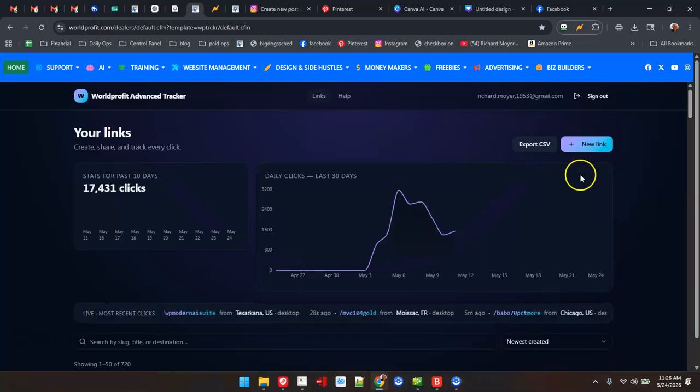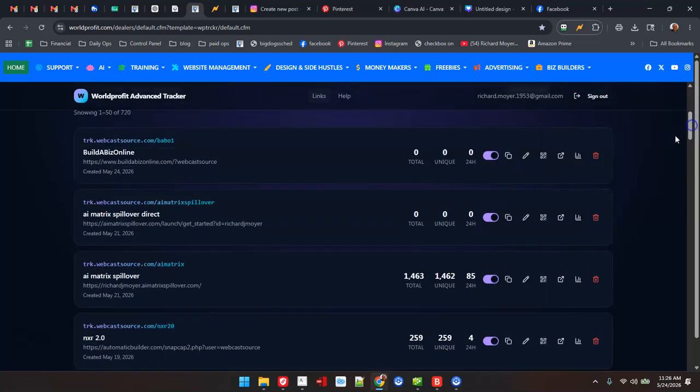And newest created is the default, and I'm going to slide down here a little bit and show you here's the link I created, and I can try it from here, so I can launch it right here. I can turn it off and on, so there's times when I don't want to have certain addresses available, because let's say in a contest situation or a launch where you don't want anybody to be able to use that link